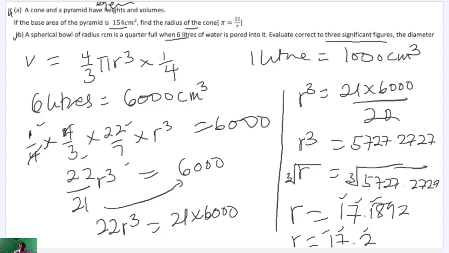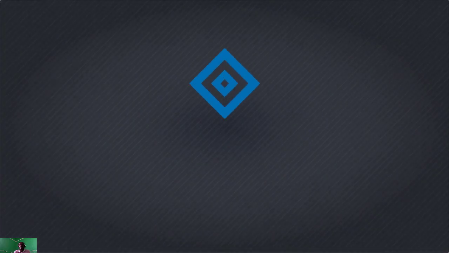Good, so that's it. But the question said we should find diameter, so times 2. The diameter will be 2 times radius, which will be 17.2 times 2, which we are going to get 34.4. Then we are done. Good. So that's our diameter. Let's move